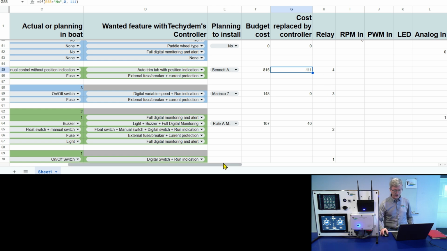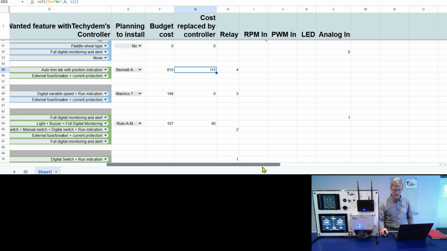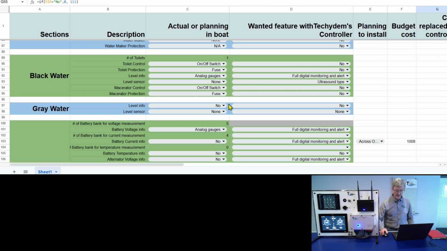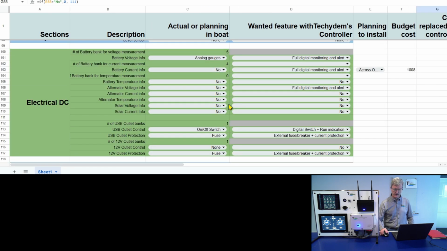And then after that, the other columns, as I said, just calculate the number of relays and so on. And so you fill out all of these things. So it's a good way to say, okay, maybe if you want to add a column saying, for let's say the first year, you're planning to have these things, and then next year you're planning to have these things. I mean, feel free. It will be your spreadsheet, so you can do whatever you want with it.